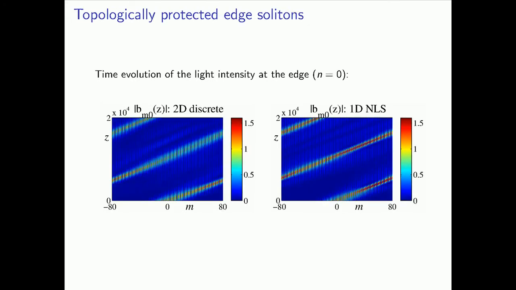This slide shows the effect of weak nonlinearity on edge wave propagation. As shown in the left figure, there are extremely robust two-dimensional edge modes that appear to be immune to backscattering when the dispersion relation is topologically nontrivial. As shown in the right figure, the time evolution of the two-dimensional edge mode is described well by a time-dependent one-dimensional nonlinear Schrödinger equation along the edge. The time dependence of the coefficients of this nonlinear Schrödinger equation represents the new dynamics introduced by adiabatic variation of the pseudo-field at the